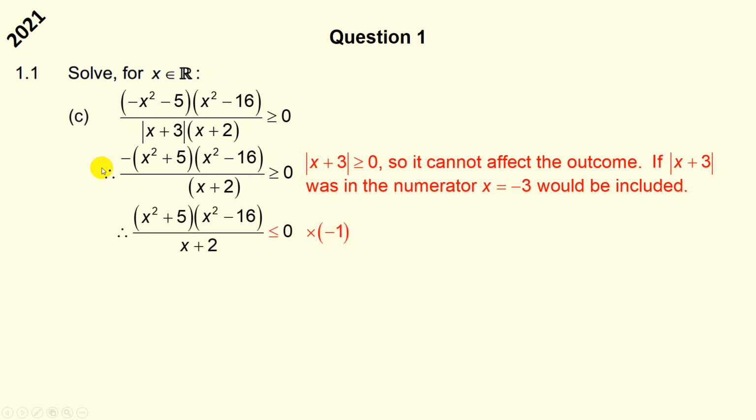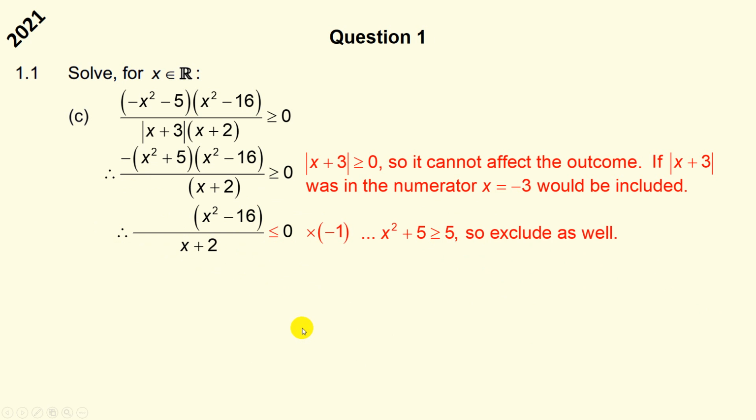Times through by negative 1, so we get rid of that negative. So all that happens is we drop the negative there, that sign flips around. Now here's another bracket we're going to drop, and that's x squared plus 5. Because in fact x squared plus 5 is greater than or equal to 5, so we can exclude it as well. It's always positive. So now we're down to simply that